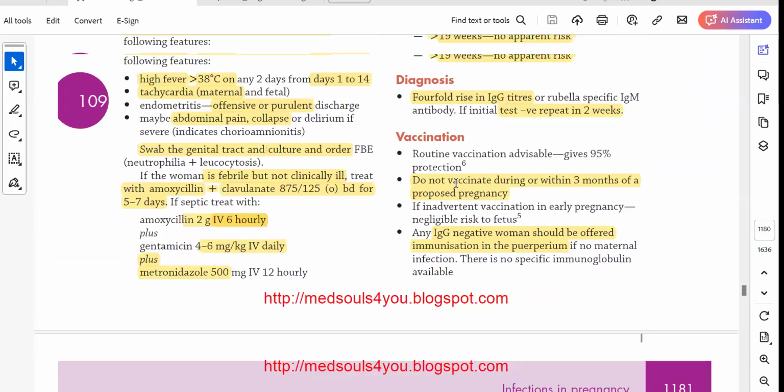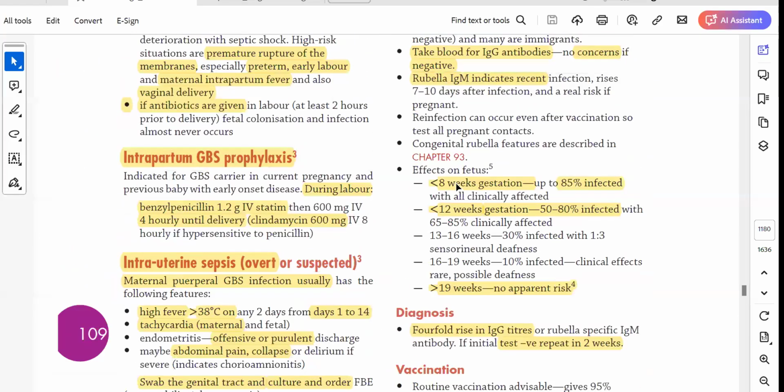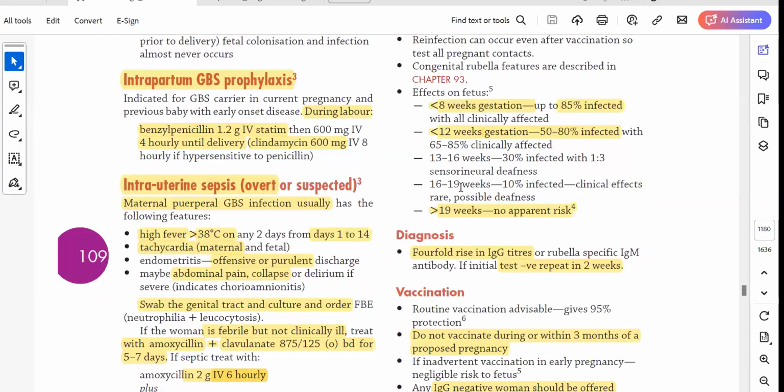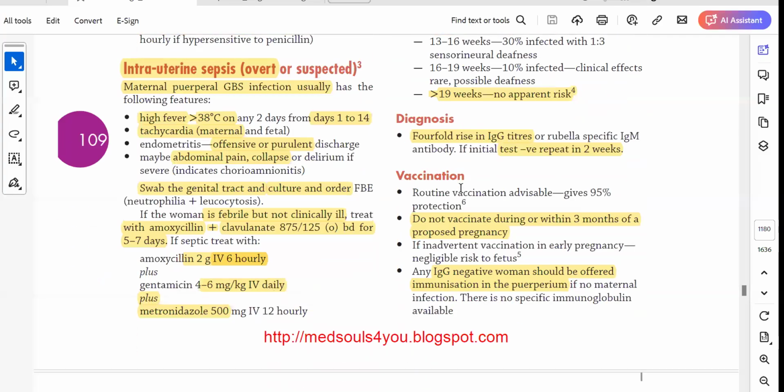So once you diagnose, what will you do? If the pregnant patient is diagnosed with rubella infection in the first trimester, there are 2 options that you are going to give to the mother. One is that if they want to continue the pregnancy, even after knowing what can happen, you will be with the mother and continue with the pregnancy, and arrange frequent follow-up with ultrasound. Second option, if the mother wants to terminate, you will also agree to that. The option will be either continue the pregnancy or termination, but it's up to the patient. You will give options of both.